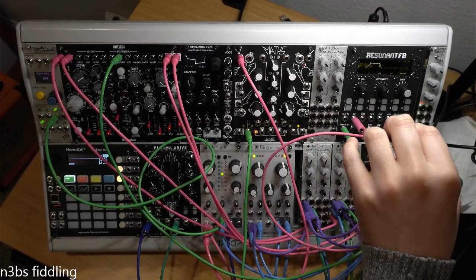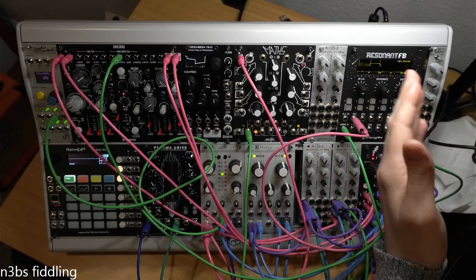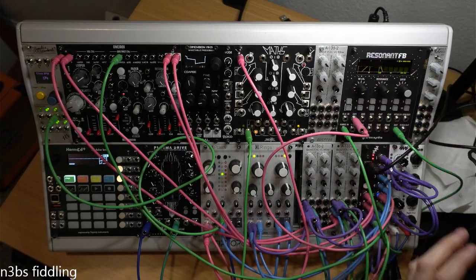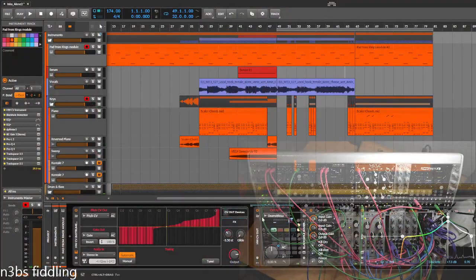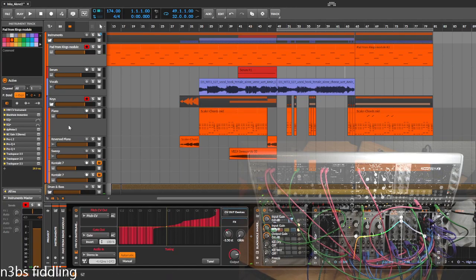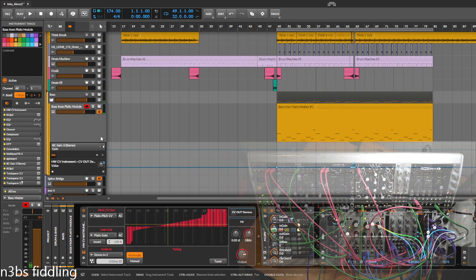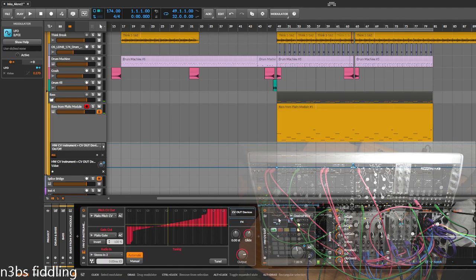the cutoff of the, well, actually it's sweeping the whole band, so it's just moving the entire band. But right now it's obviously not doing that. If I turn this CV out on Bitwig, is this the right one? No, that's the pad. Where is she? Right here. All right. So if I turn this on, if I enable this,